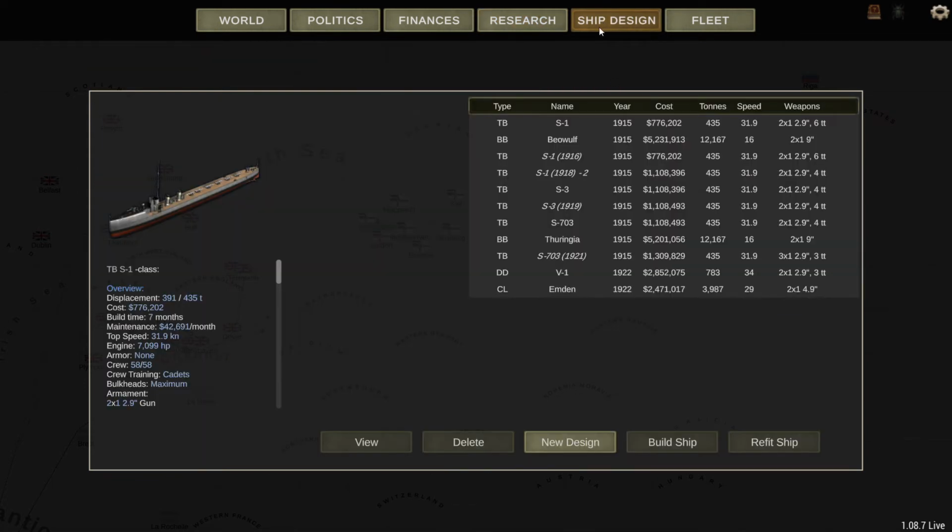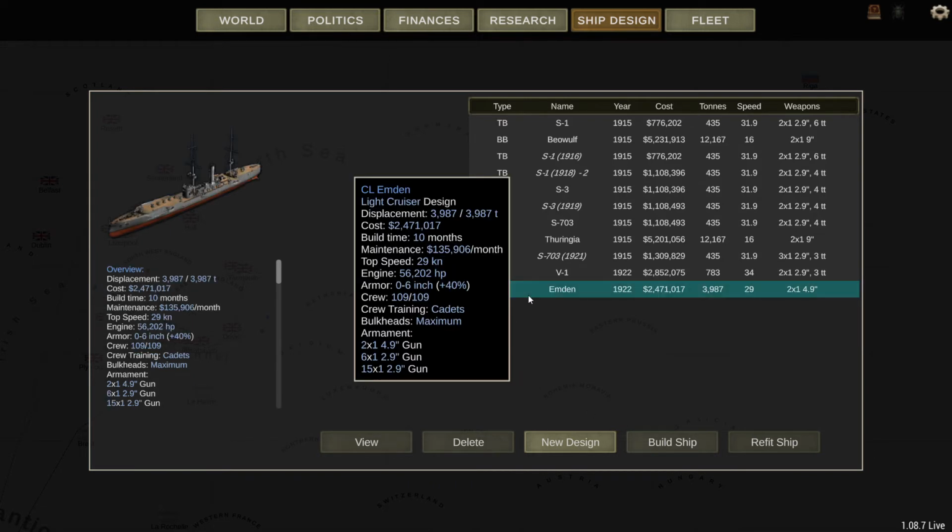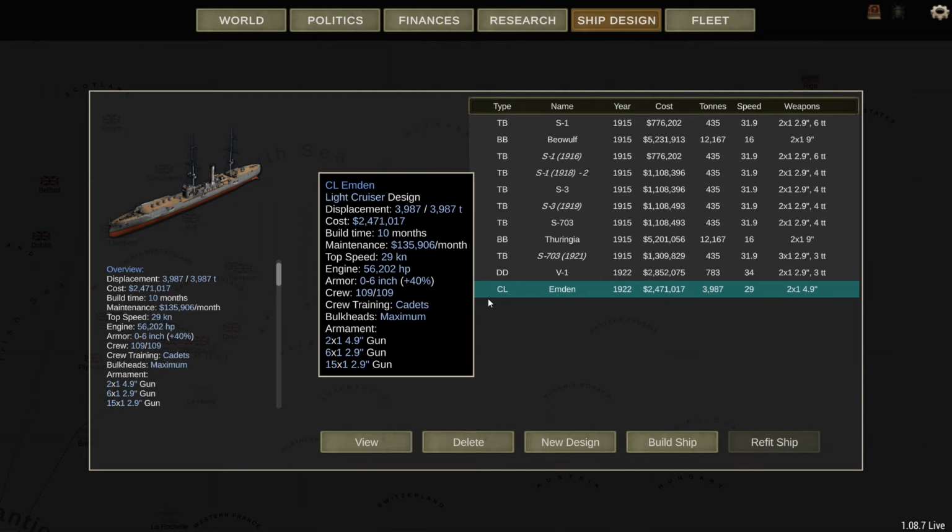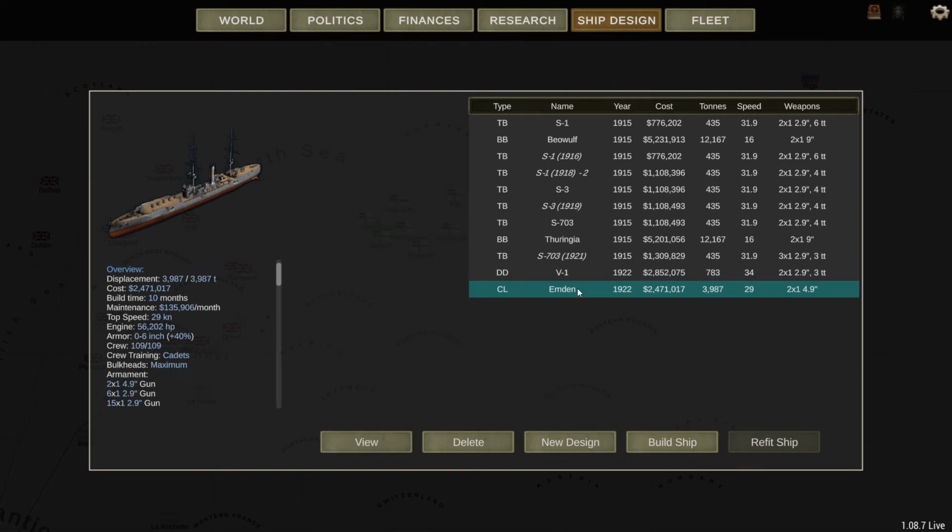Ship design. Right, there's a few things in the ship design. So I'm going to create a new design. In fact, I'm not going to create a new design, that's a bit too obvious. What I'll do is I'll refit a ship, so I'll show you how to refit a ship. So we've got a light cruiser here. So if you click on the ship that you want to refit, click on view,